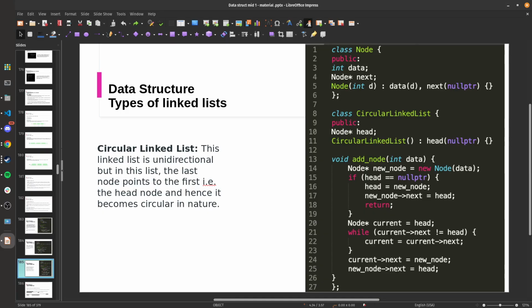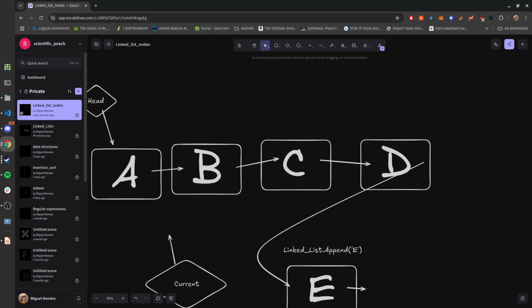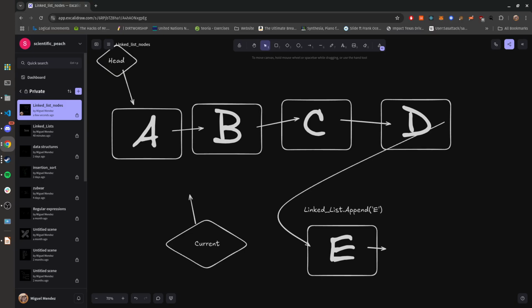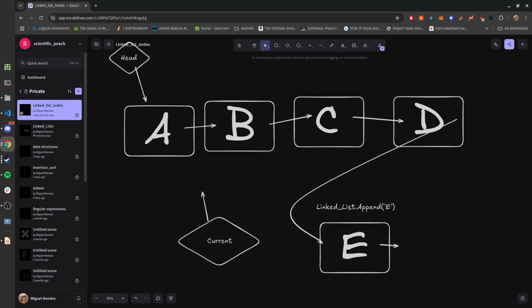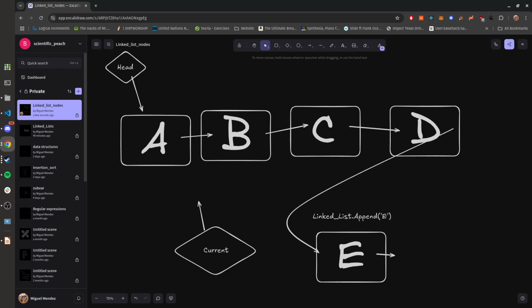So I'll whiteboard this out. Let's go back to the whiteboard. And let's go over here because this is our linked list. This is our single linked list. And so what that would look like is if this was a circular linked list and we want to properly show that,